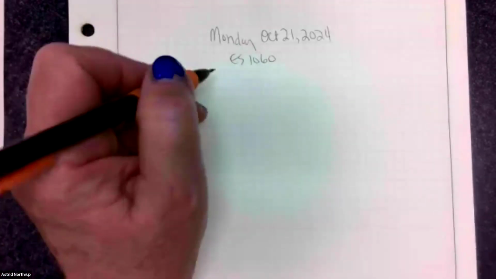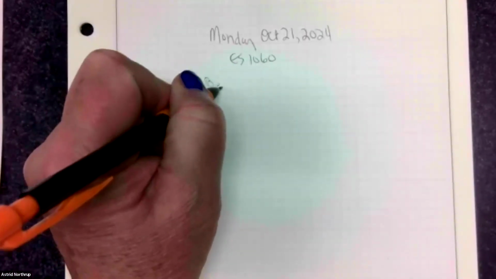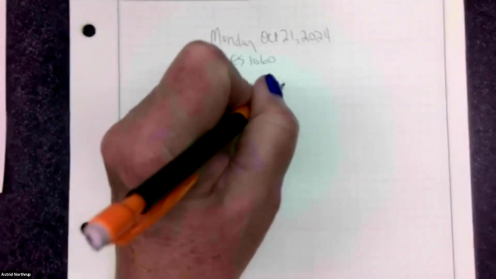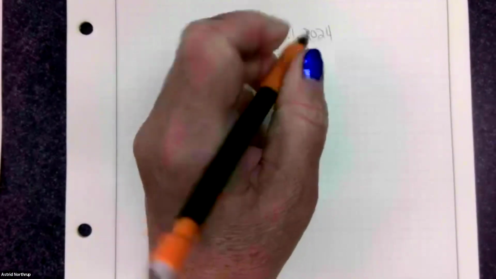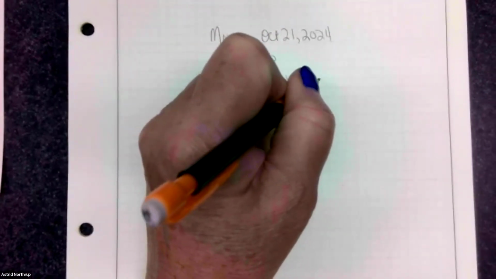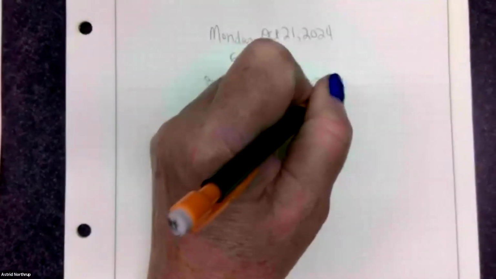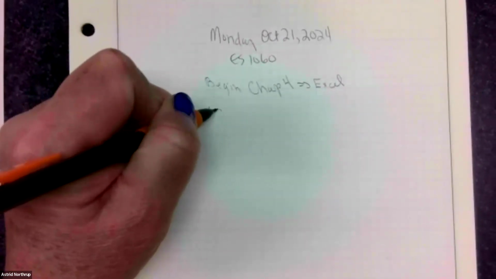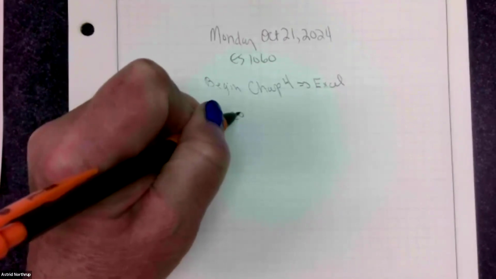Today is Monday, October 24th, and we are going to begin chapter 4 of our textbook on Excel. Today we're going to start talking about logical statements, which is sort of the first level of programming using the Excel spreadsheet. But before I do that, I wanted to let you know that the spring 2025 schedule has